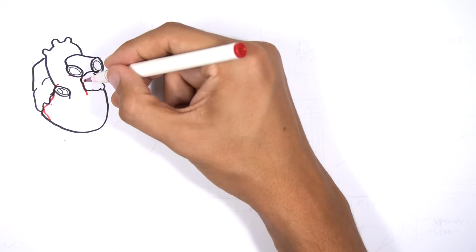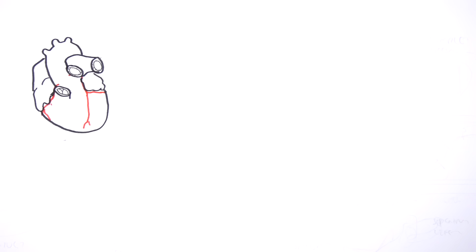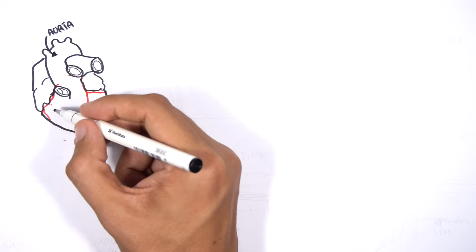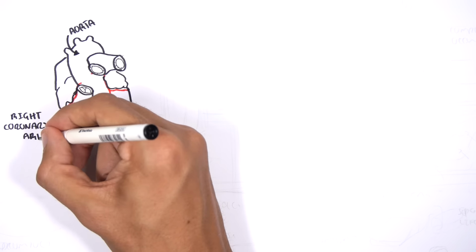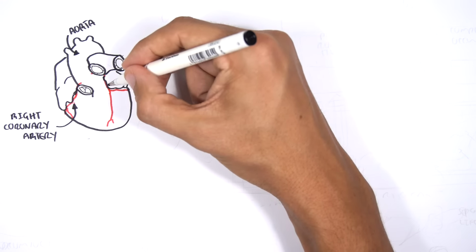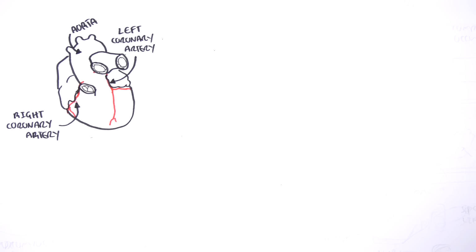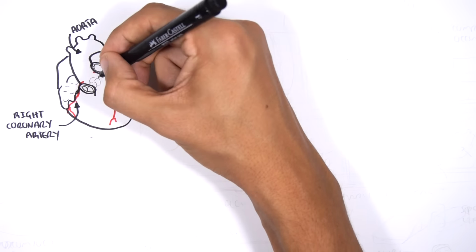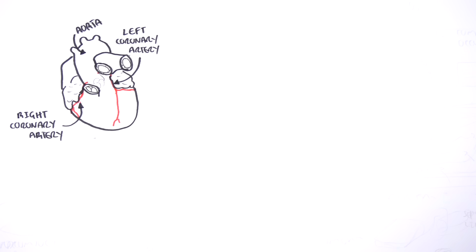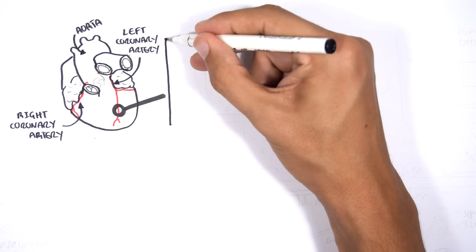The left ventricle here will pump blood to the rest of our body via the main big artery, the aorta. And coming off the aorta are two main arteries which supply the heart muscles itself. These are the right coronary artery and the left coronary artery. The left coronary artery further divides into two main arteries, the left anterior descending and the left circumflex artery. These arteries supply the heart muscles, the cardiomyocytes.